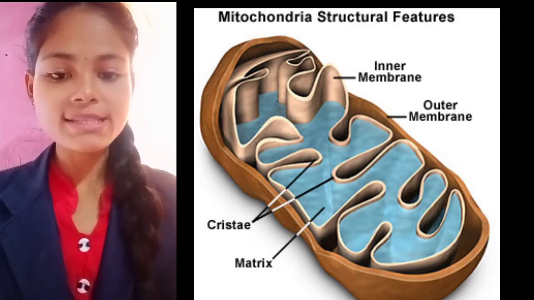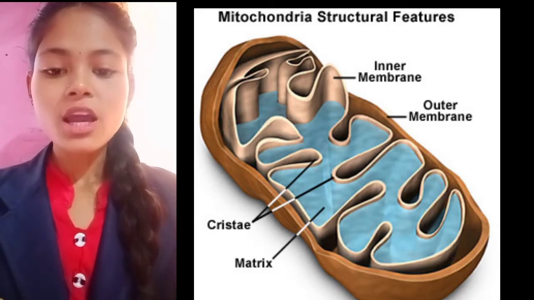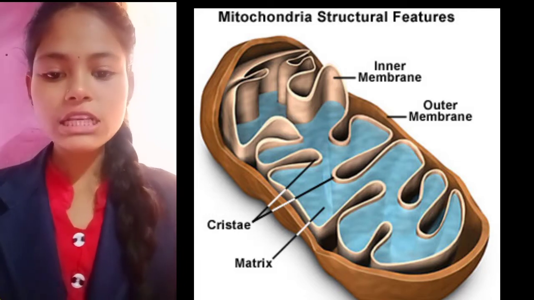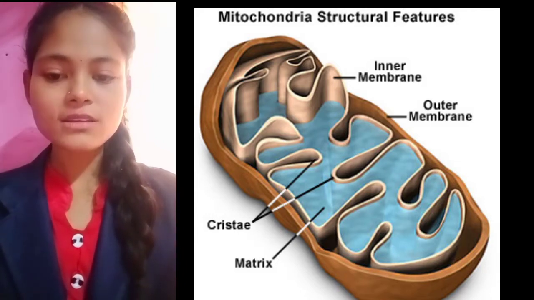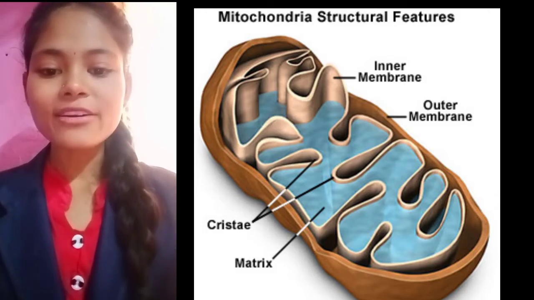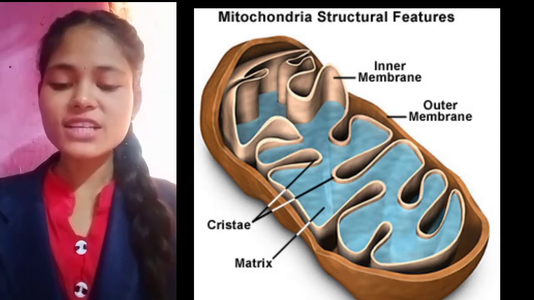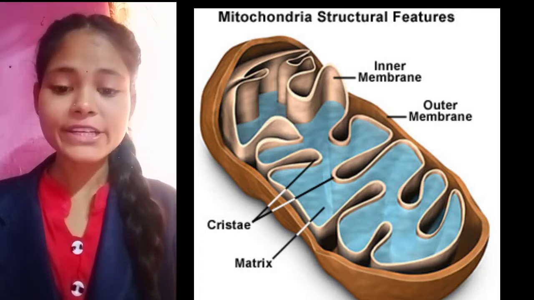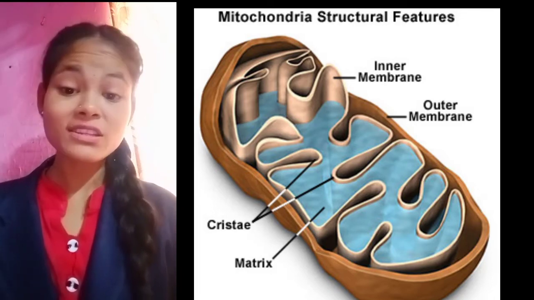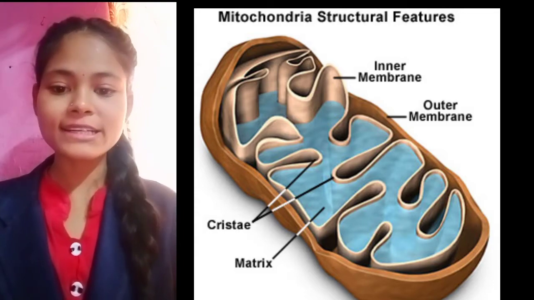As I told you, the cell performs various functions required for life, and because of these functions, all living organisms are able to live. Since energy is required for performing all these functions, the energy requirement is fulfilled by the mitochondria. Mitochondria are very strange organelles as they contain their own DNA and ribosomes. In this manner, whatever protein is required by the mitochondria is synthesized within itself.